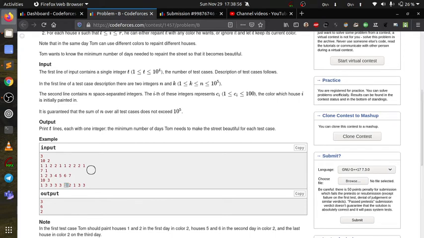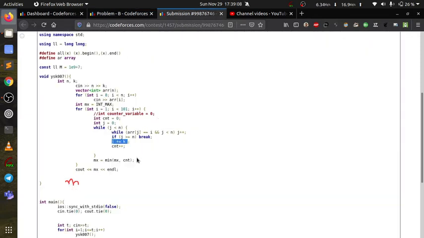Let me show you. I will increase this array from 1, 2 and then 3. It will come to 3. So that's what I am doing here. And each time I traverse through the loop, I am checking which color gets the minimum value, and at last I am printing that minimum value. So this question is simply brute force. You are going to check each array for each color and check which color is going to give the minimum value. So it's very simple.